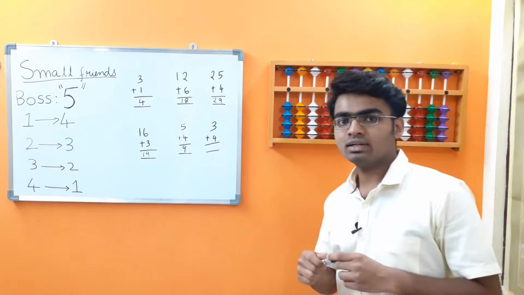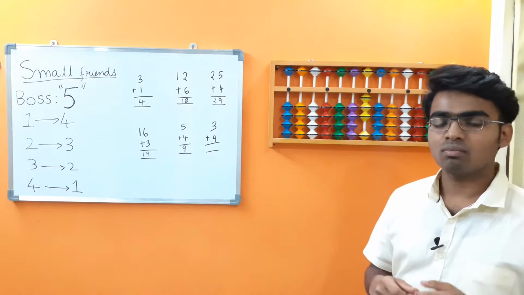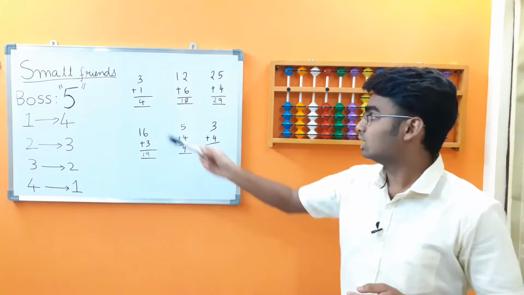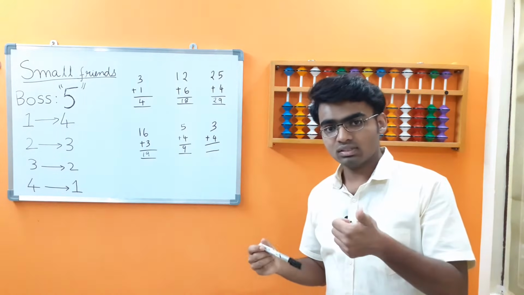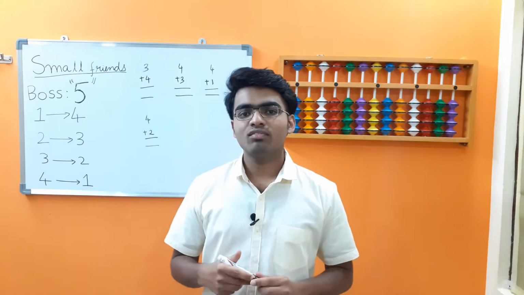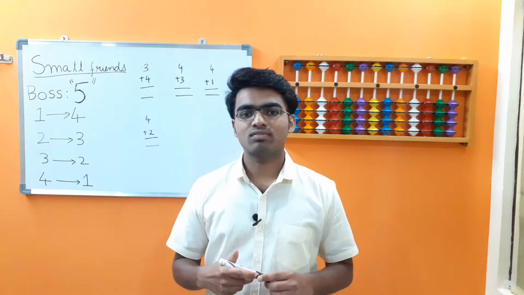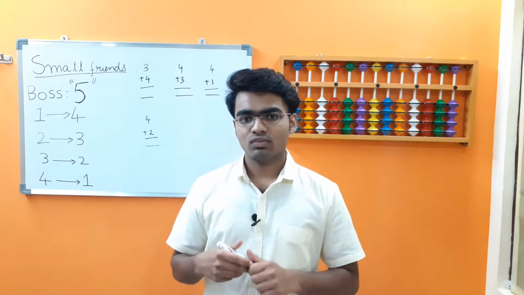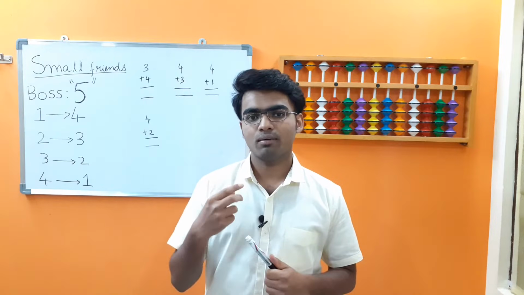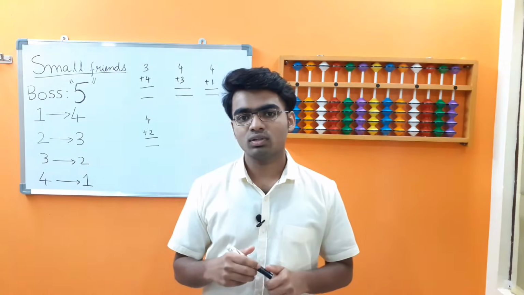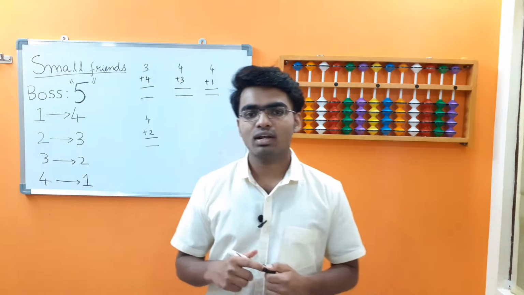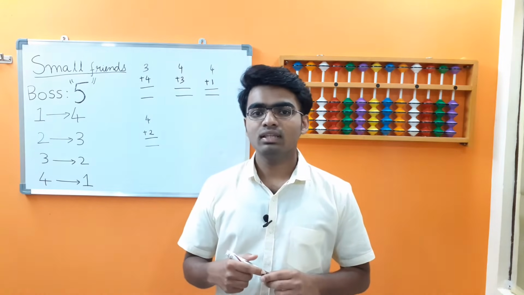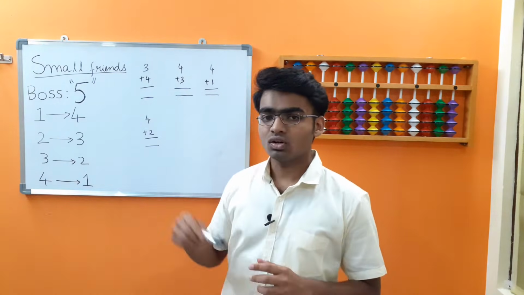From now onwards, I introduce a concept called friends. From now onwards, we'll use friends concept. We have 3 different types of friends: small friends, big friends and also lazy friends. Whenever we cannot add numbers directly like we have seen in the previous examples, we make use of friends concept. For any calculation, if we do not have enough number of beads, we make use of friends concept, right? In this video, I am going to cover small friends concept.